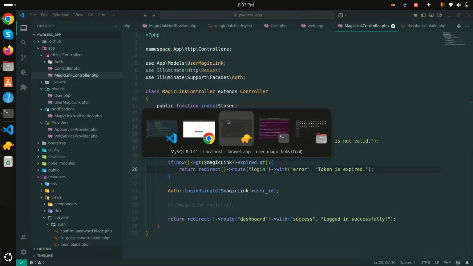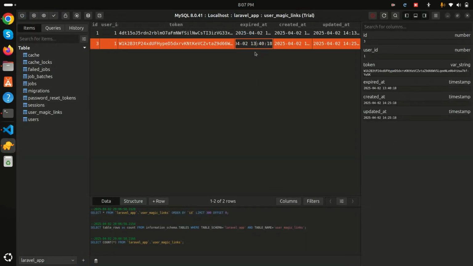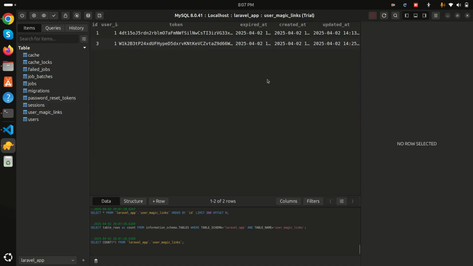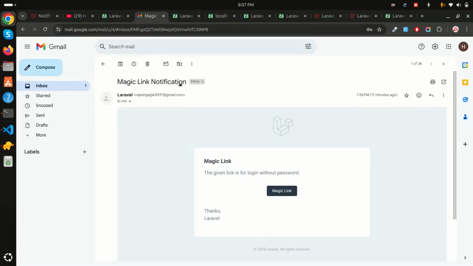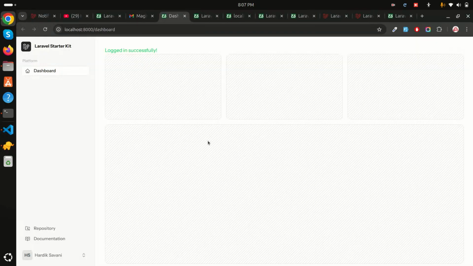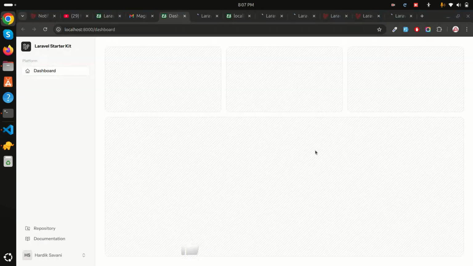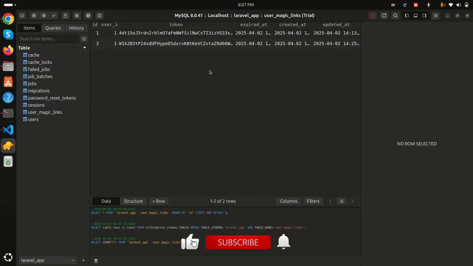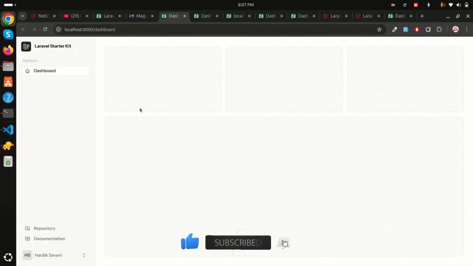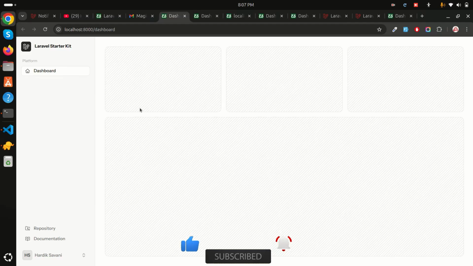So if I click on magic link, this is expired because we have 1 hour before. So now let me push it back, say 14, and hit save. Now let me go here and same link I am going to use. So yeah, now you can see that it's working perfectly fine. So then at the end you can just make it delete this one, so that means this code will be removed after login. So I hope guys you understand how easily we can implement the passwordless login using the magic